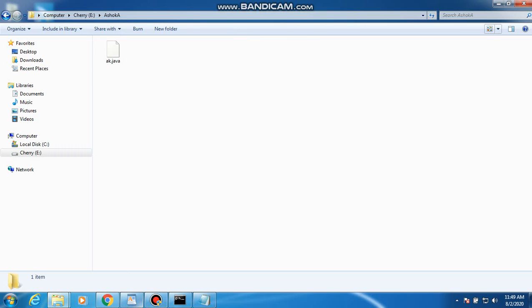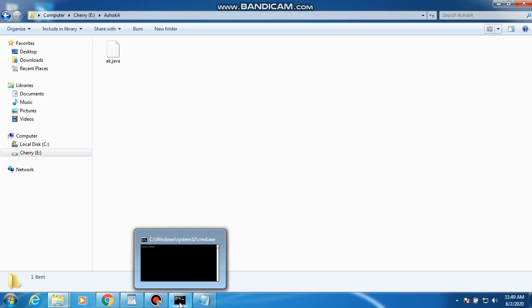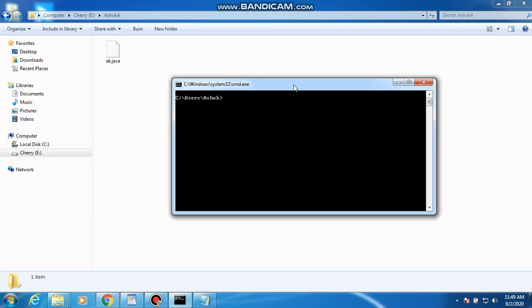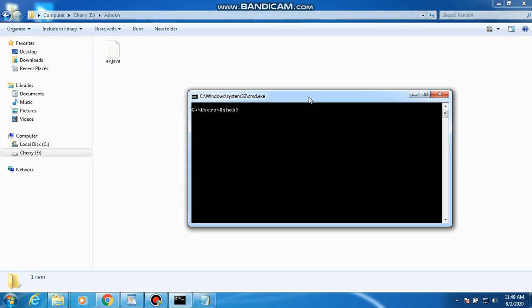Now if you want to compile this program, you can open the command window. Where is the file located? The file is located on E drive in the Ashoka folder. Now the command prompt is in C drive. So if you want to move to drive E, simply type E colon.